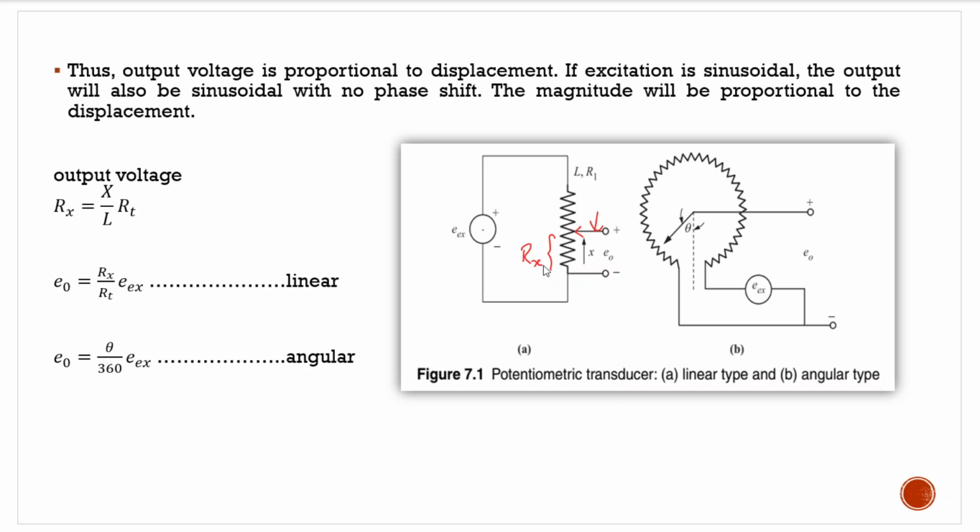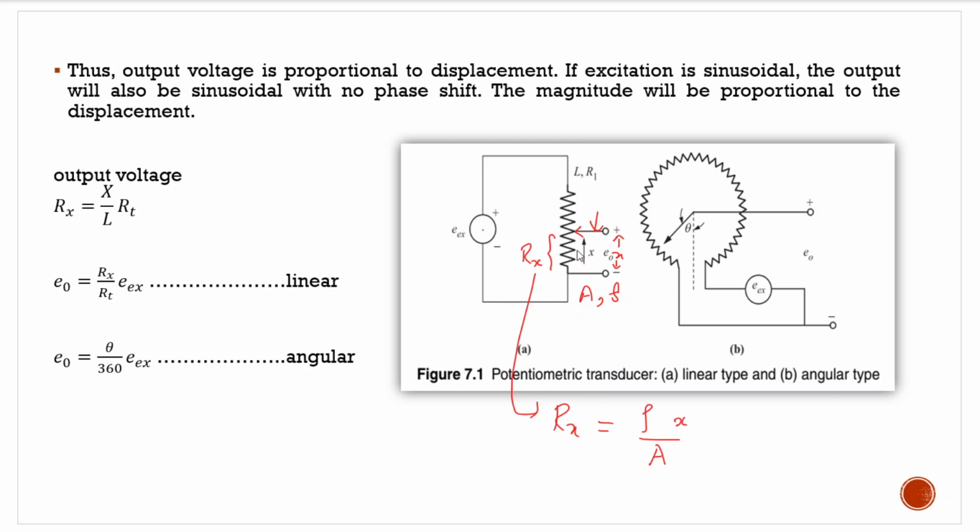Fine. So let this portion of the winding have a resistance of Rx. The length of this portion of winding is x. For this case, let A be the cross-sectional area of the winding. That will remain constant. Rho is the resistivity of this portion of the winding. So you can say simply Rx is equal to rho x divided by A.